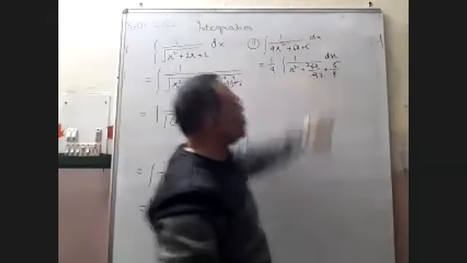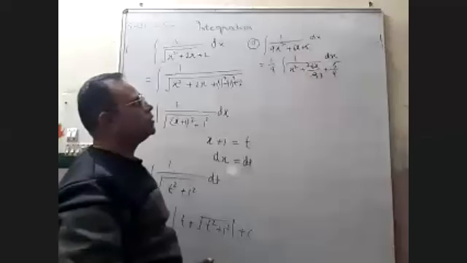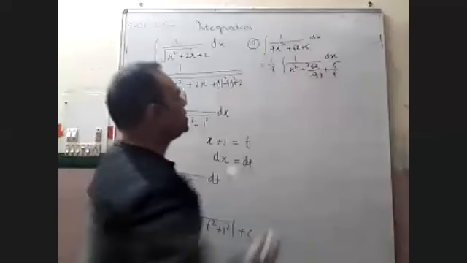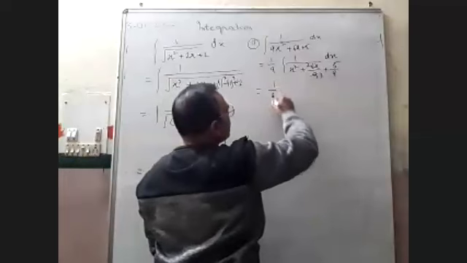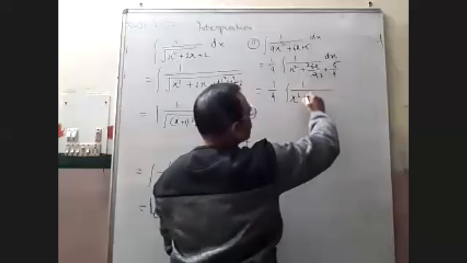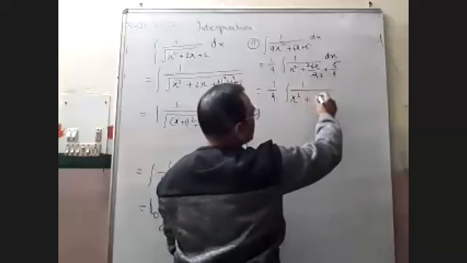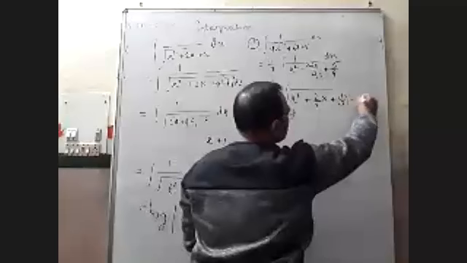So you have to divide by 2 upon 3 and you will get 1 upon 3. So you will add and subtract the square of 1 upon 3. x square plus 2 upon 3x, you have to add 1 upon 3 square and subtract 1 upon 3 square,